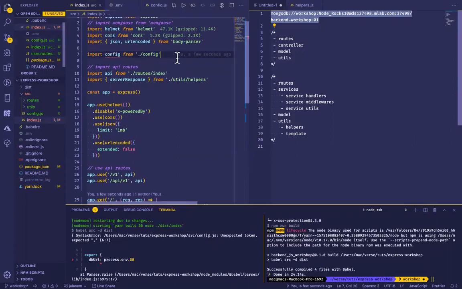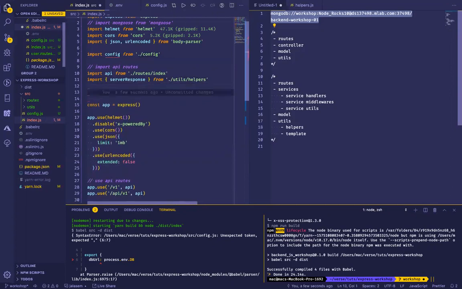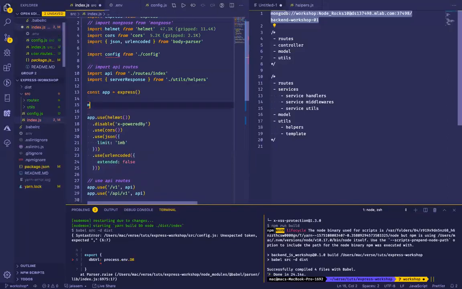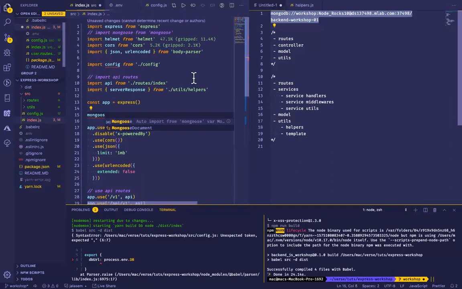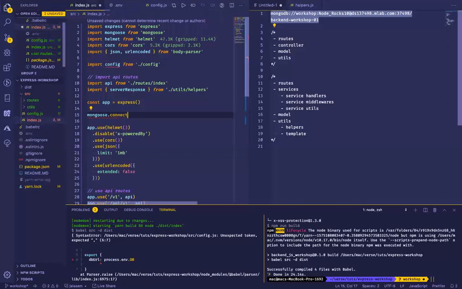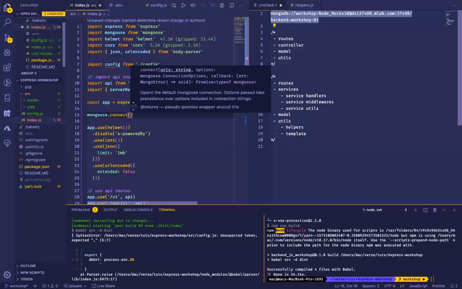One of them is our mongoose, right? So if you want to connect to our database, basically how we do that is we say mongoose.connect. I would like to do that after the app is initialized. Now mongoose is not even in yet, so I have to uncomment this. I have mongoose.connect. Now I say config